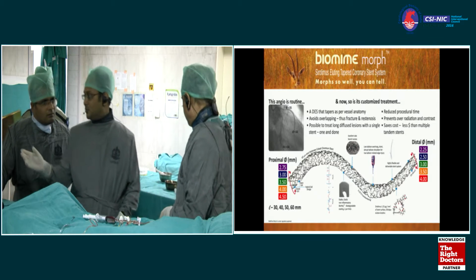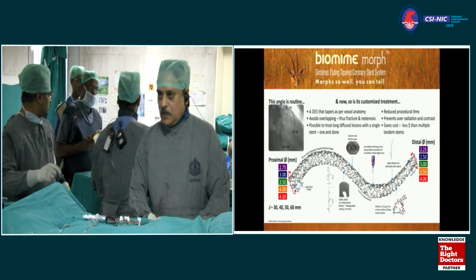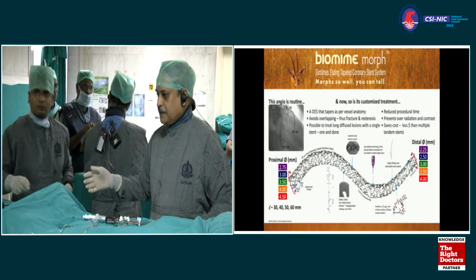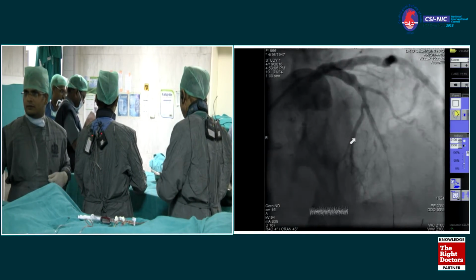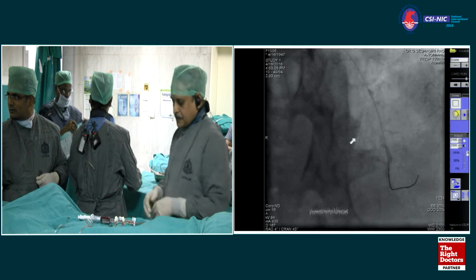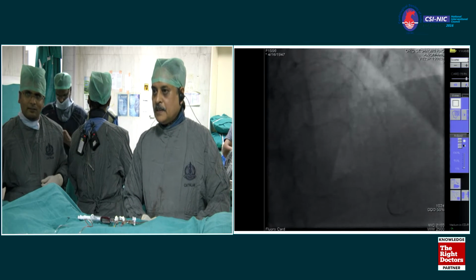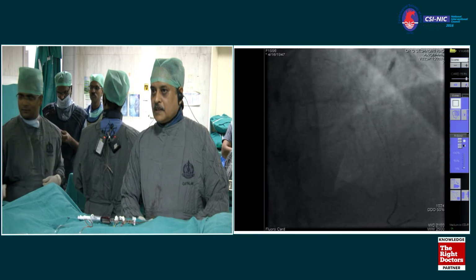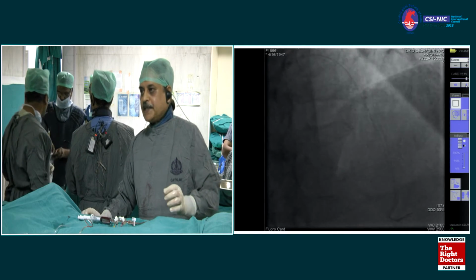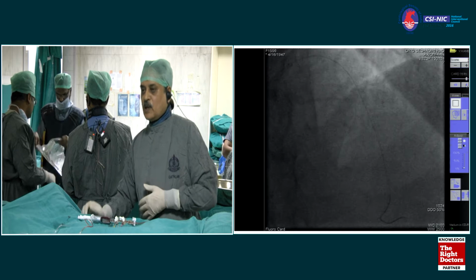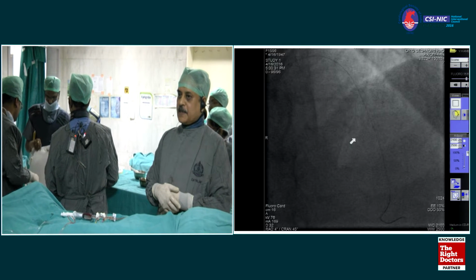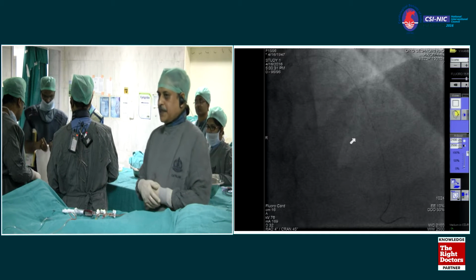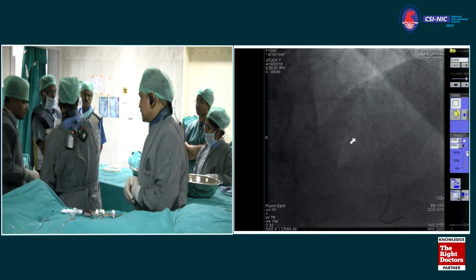Yeah, proceed. Okay, now we have dilated with the balloon. Now we are going ahead with the tapered stent. Is there any thrombus proximally? For this longer stent, they need good lesion preparation, good guiding support and good wire support. So we have taken an XB catheter and also an extra support wire so that it gives good support.